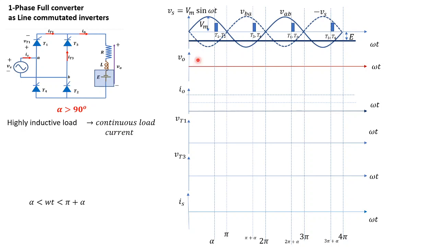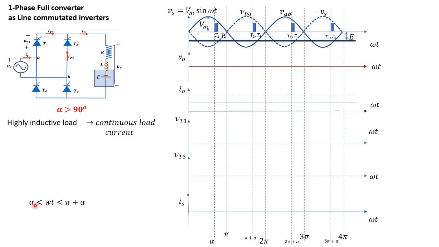We know the battery voltage is negative, so the polarity of the battery voltage is reversed when compared to its operation in rectifier mode. For omega t ranging from alpha to pi plus alpha, at alpha T1, T2 are fired, they are driven into forward bias condition, and they would conduct unless the next thyristors, T3 and T4, are fired. Assuming the load is highly inductive in nature, the load current must be continuous, and there is only one possibility: T1, T2 must conduct even after omega t equal to pi. So even though the source voltage is negative, they still have to conduct.